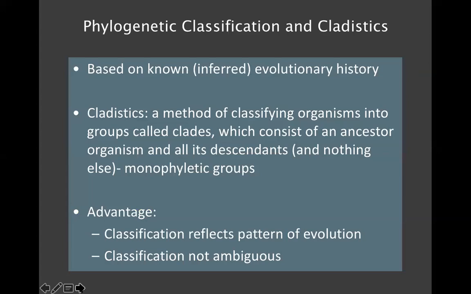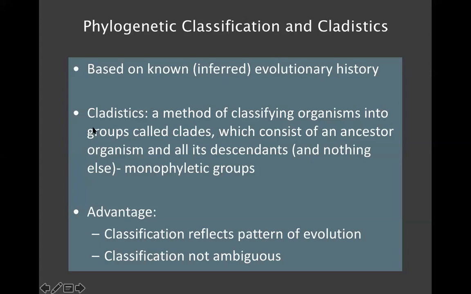So the next phase of classification to develop in time is called phylogenetic classification and cladistics. Like evolutionary taxonomy, it was based on known or inferred evolutionary relationships. But now we have DNA as a tool to actually look at the mutations that lead to the classification of different species. So this can get into kind of a semantic argument about what defines a species, right? There are many different definitions of what a species is. There's the biological species concept, for example, and we're not going to get into that right now, but just know